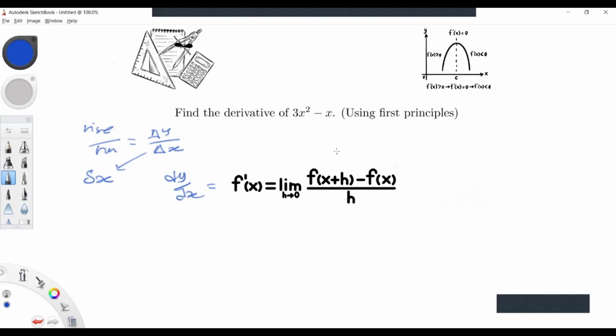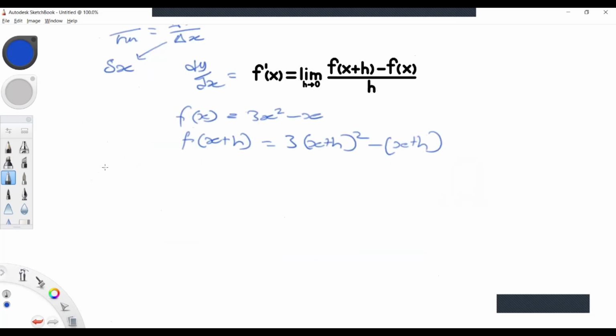Now, remember the function we've been given is 3x squared minus x. So we're imagining a point x and then a neighboring point very close to it. We're basically increasing the value of x by a very small amount, f of x plus h. So this f of x plus h is going to be, anywhere we see an x, we're going to replace it with x plus h, squared, minus, again, the x plus h. So therefore, our